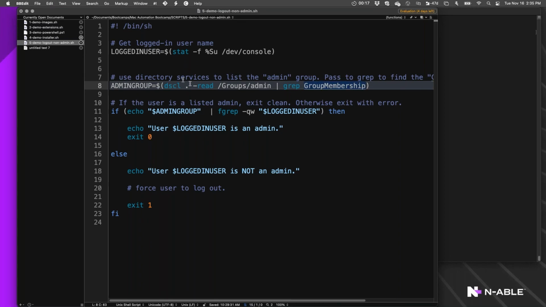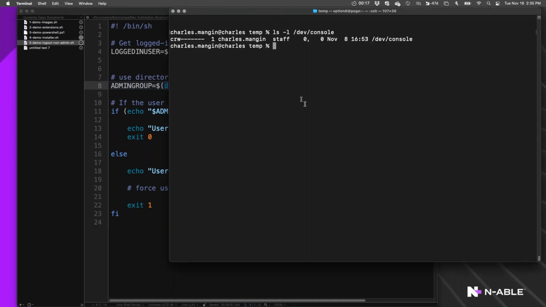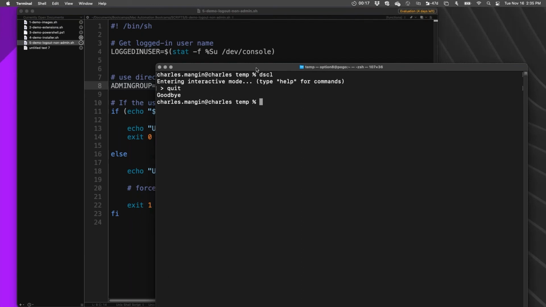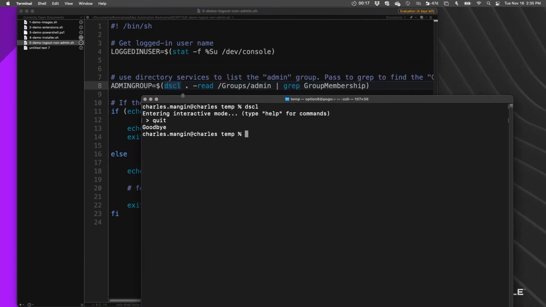So if I go to shell here, do dscl. Oh, I can do it in interactive mode, but that's not what I want. What I want to do is open up the default database, which is going to be at dot, and read.